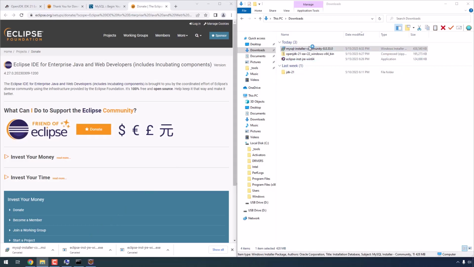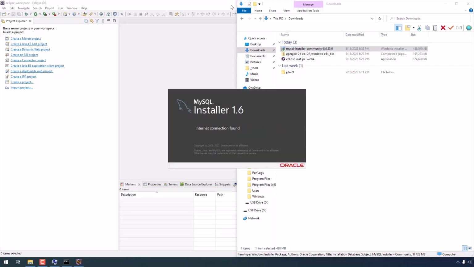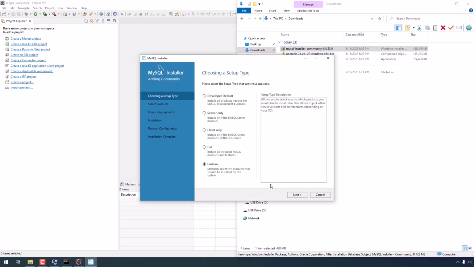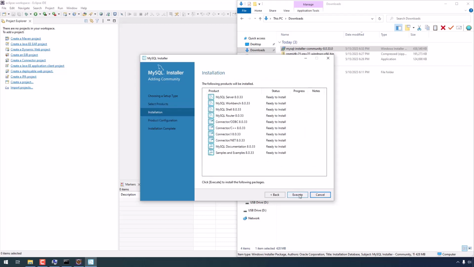So double click on the MySQL installer. This is going to ask you a million questions for some credentials for the TCP/IP port. I'm going to do a custom install. The reason I'm doing a custom install is I don't want the Python connector in there just because I don't have Python installed. So do a custom install, remove Python as a JDBC connector, then click Next after the components